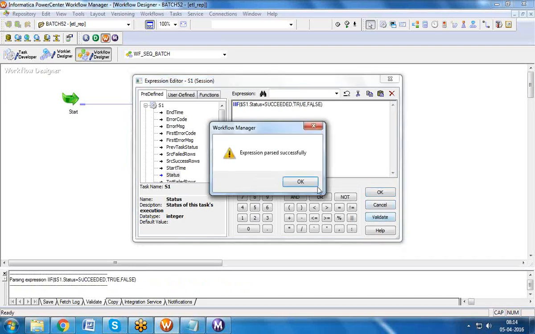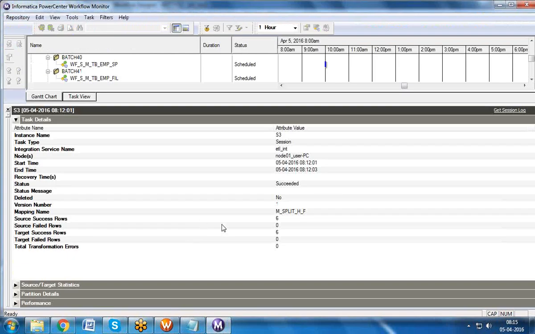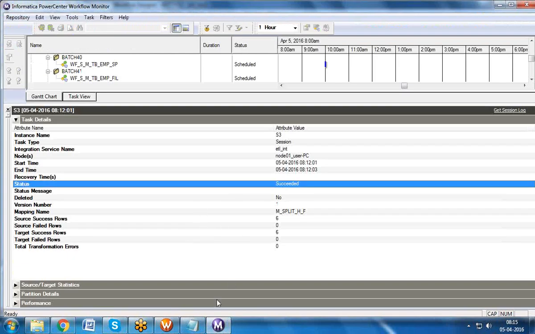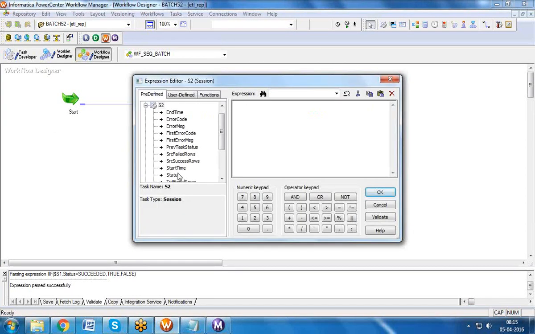What do you understand? First this session gets executed, and if this session is completed, it will pass status as succeeded. If that is succeeded, the next session is triggered, and if this is succeeded, the next session should trigger. These are called link conditions.